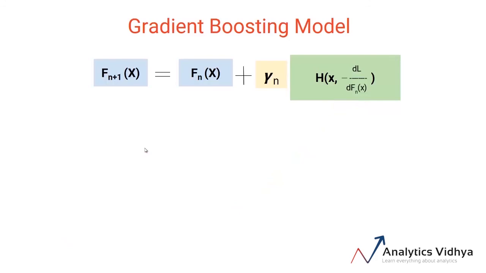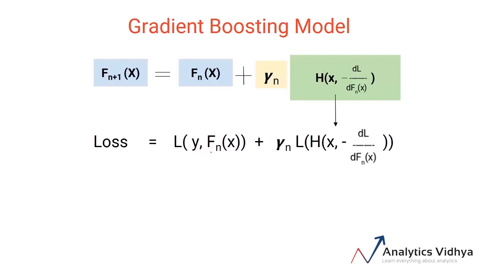Let's see what the overall loss would be here. So the overall loss would be the loss we get from all the models we have built so far, the models up to n, plus the loss from the current model that we are building. Now the first part of this overall loss is fixed, since these are the predictions we have generated from the previous models we built. So at this moment, I cannot change this value.